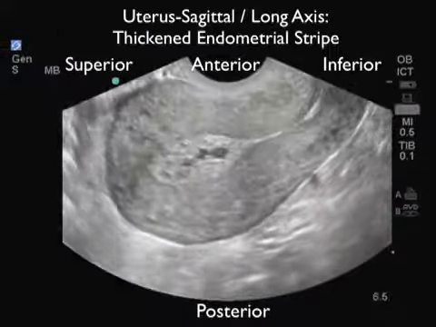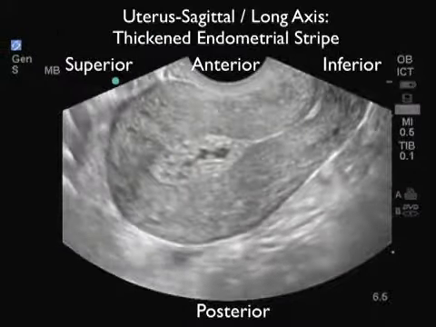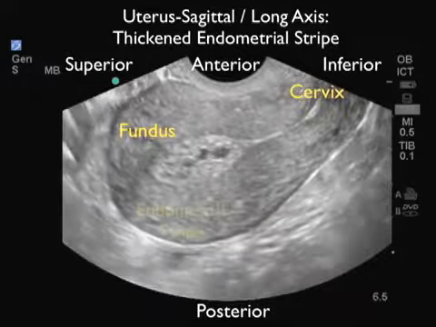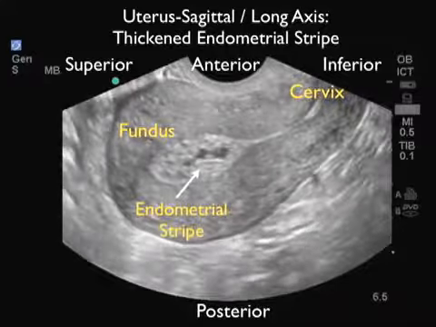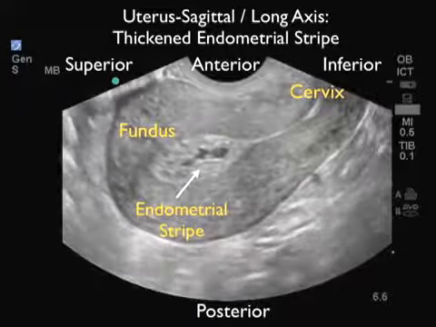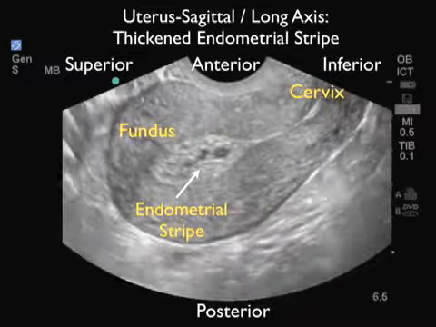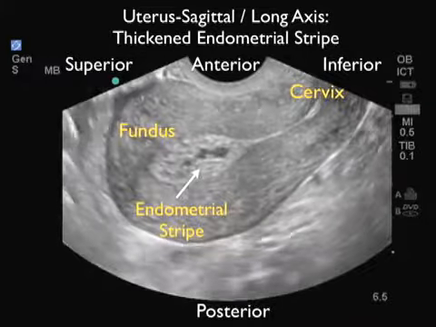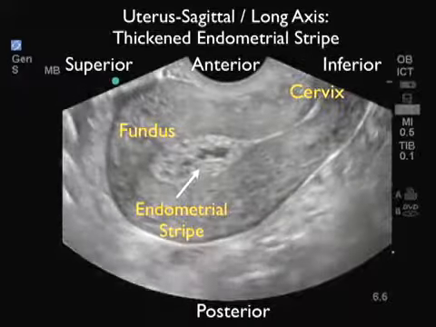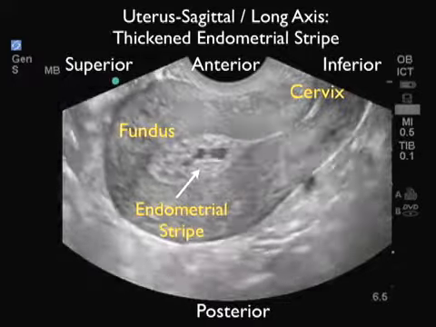Let's take a look at another uterus as taken from a sagittal or long axis cut through the female pelvis. Remember that the superior aspect of the uterus is located to the left, inferior to the right. We see the fundal region to the left and the cervical region to the right. Notice here that this patient has a thickened endometrial stripe, and we can see the thickening of the white line arching from the fundal region down to the cervix, indicating that this patient is in a later stage of the